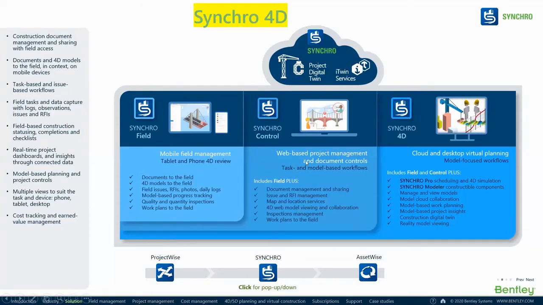And then you have your project management team, project manager, who wanted to use issues generated from site, or daily observation, or minutes of meeting which has been generated from site, or they wanted to give an instruction to the site. So those activities can be performed by Synchro Control. And the Synchro 4D will be used for planning and simulation purposes, and model-based planning, 4D planning, all those stuff.